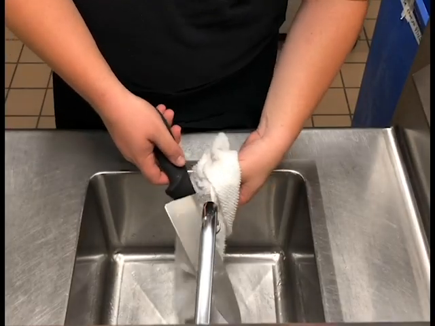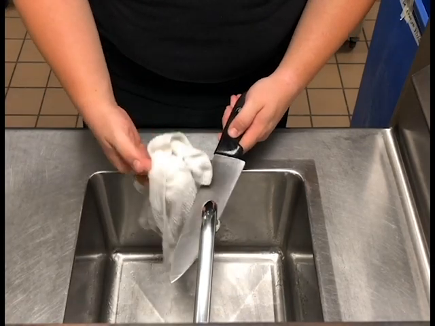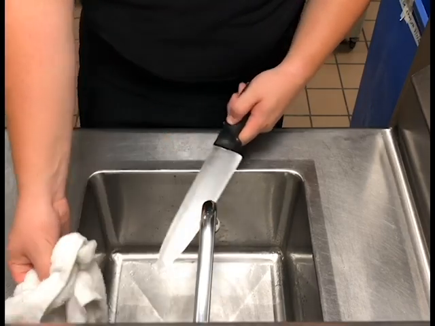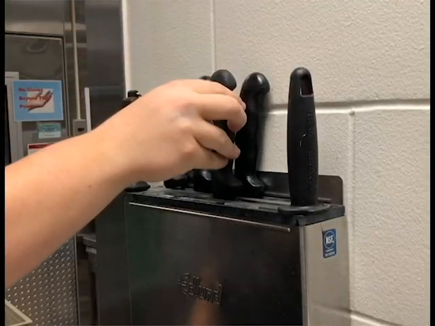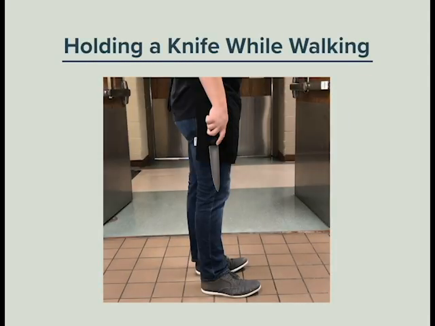Knives should be washed separate from other utensils. Knives soaking in soapy water cannot be seen and can lead to injuries, but running knives through this machine will make them dull. To clean the knife, wipe it from the hilt to the point, allow it to dry, and then store it correctly. To correctly carry a knife while walking, hold it at your side with the point facing